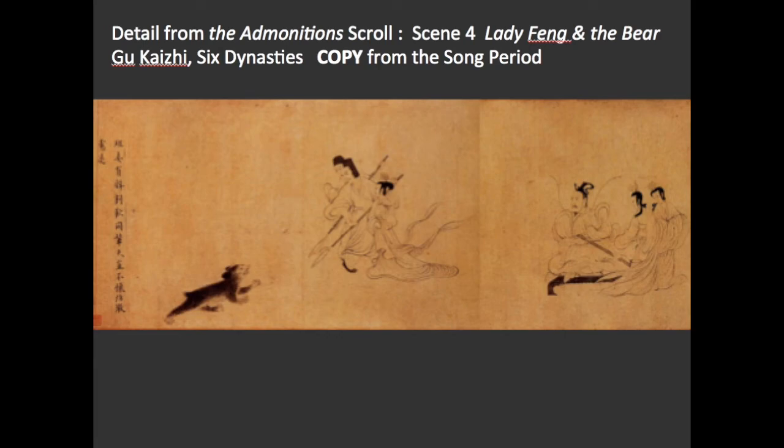To review vocabulary that we've previously studied, naturalism is a method of representation in painting or sculpture based on close observation of the natural world with the careful attempt to adhere to the appearance of nature. The use of naturalism in art almost always overlaps with the use of stylization. Here, in the scene of Lady Feng and the bear, the Chinese native style is quickly recognized, but at the same time, there is sensitivity to naturalistic representation. In this case, the figures and especially the bear.